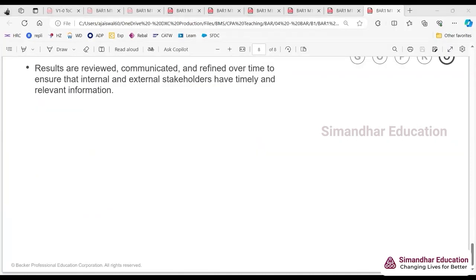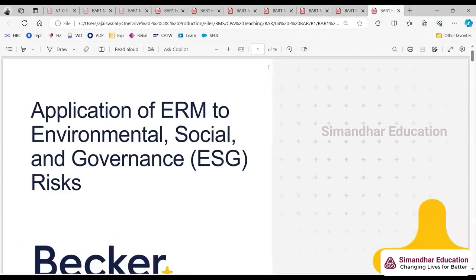But you need to understand things, as we are discussing right now. Now we come to a recent topic. Why am I saying recent topic? Because in the past few years, this has gained a lot of momentum. ESG: Environmental, Social, and Governance.